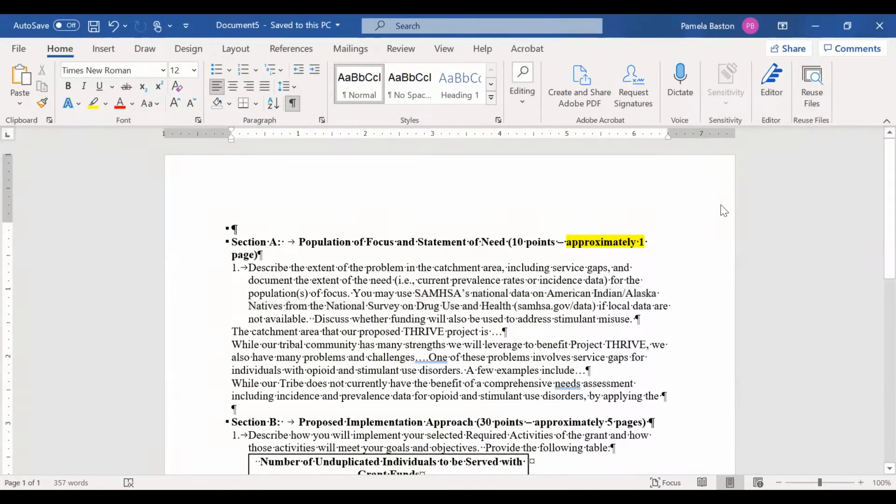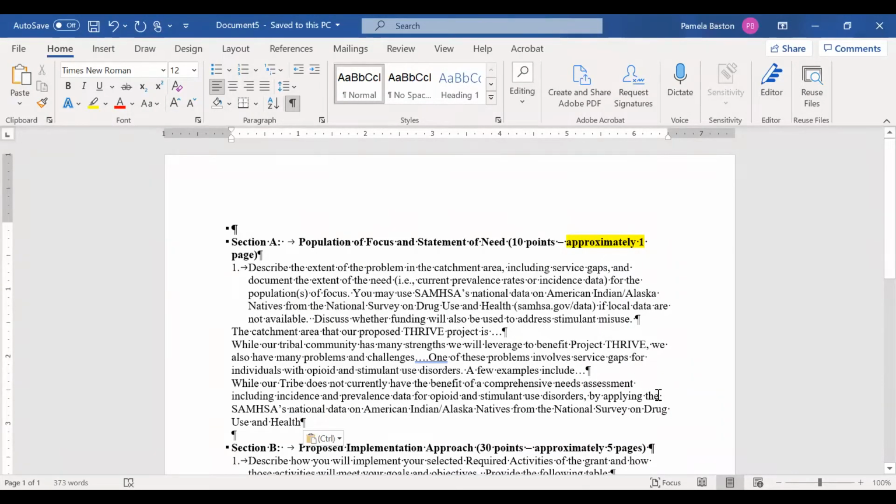By applying, and I'm pasting this right in, SAMHSA's national data on American Indian, Alaska Native from the Survey on Health against our adult population, because I do happen to remember they did it for adults. I don't know if they did kids separately. It means that approximately, and I'm making up this number, y'all. Let's say, to keep it easy, you had 5,000 adults in your tribe that were 18 and up. And SAMHSA says 10% is the number of American Indian Alaska Natives that have a substance use disorder. So I'm going to say that means that approximately 500 of our adult tribal members